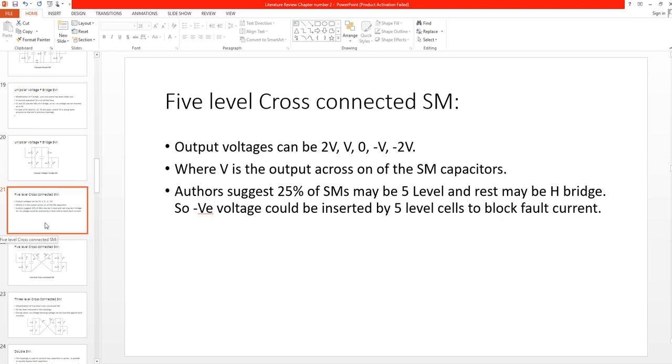So now we are going to study another type of topology, that is 5-level cross-connected submodules. Basically, what the researchers are trying to do is insert the submodule capacitors whenever the fault occurs, and they want to bypass the switches. They are not taking help from the switches, rather they are interested to insert the submodule voltage so that the